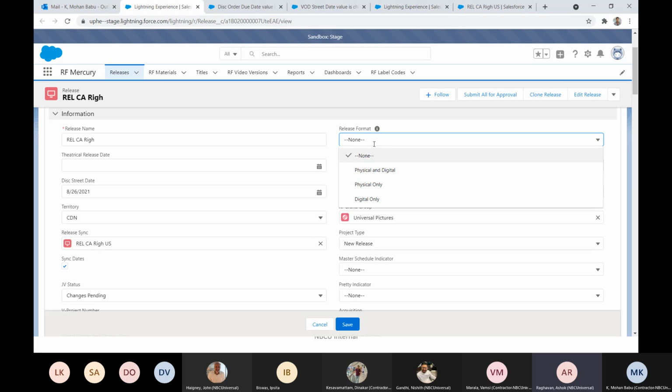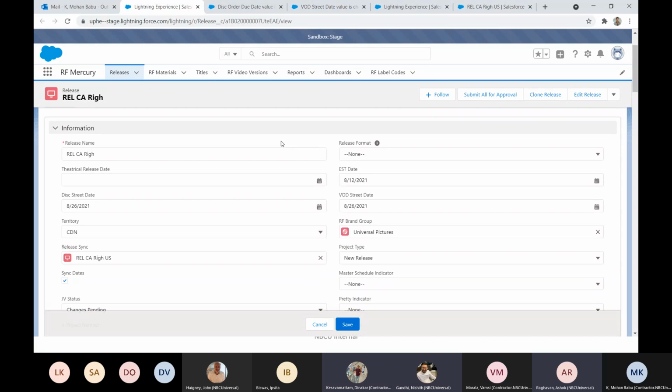That means you don't need to send this release to JV for any approvals. If it is physical, then yes, you need to send it to JV. Physical and digital as well? Yes, physical and digital, physical only, both need to go to JV.